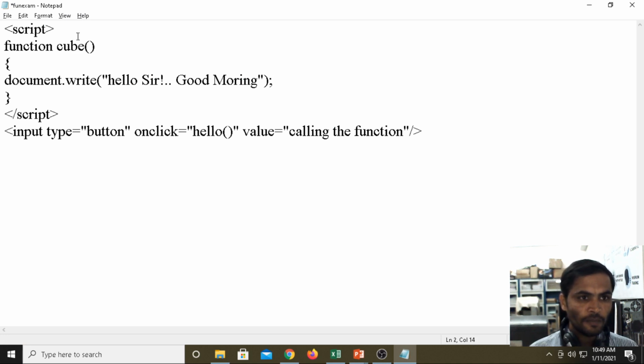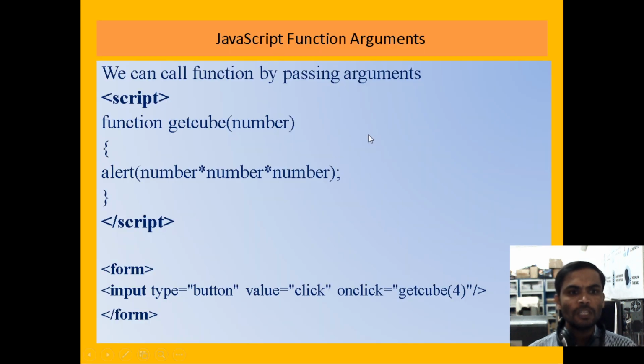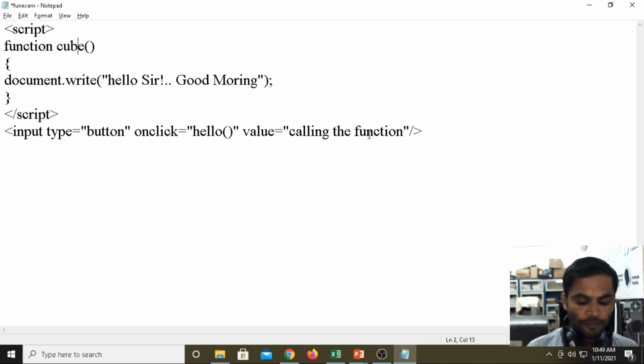In C programming, arguments mean the data type and the variable name we write. Coming to JavaScript, we are not writing any data type. By default it is taken.